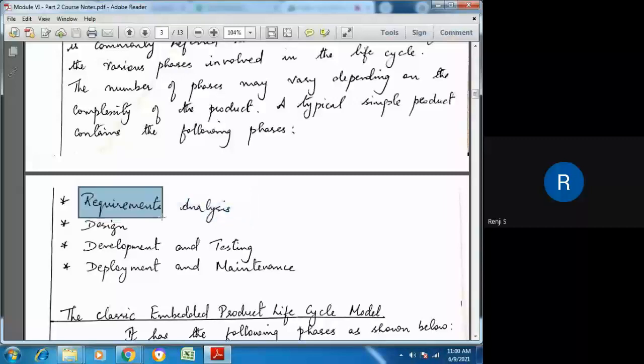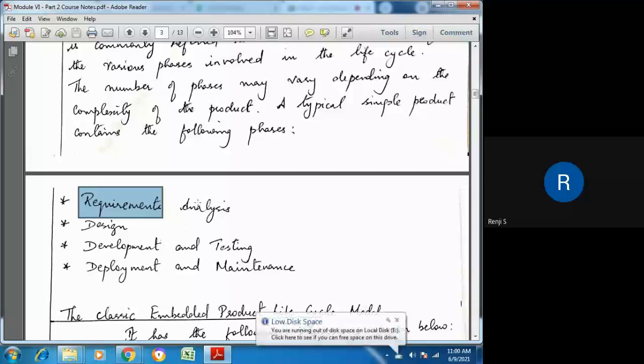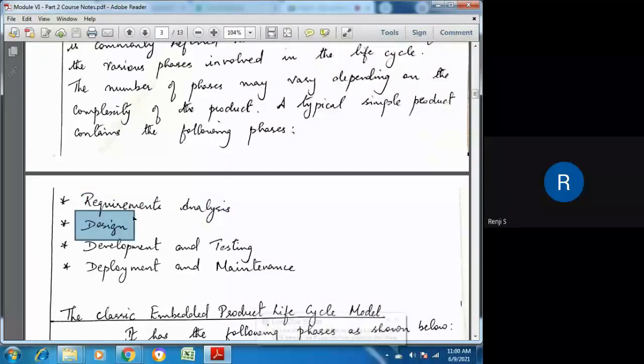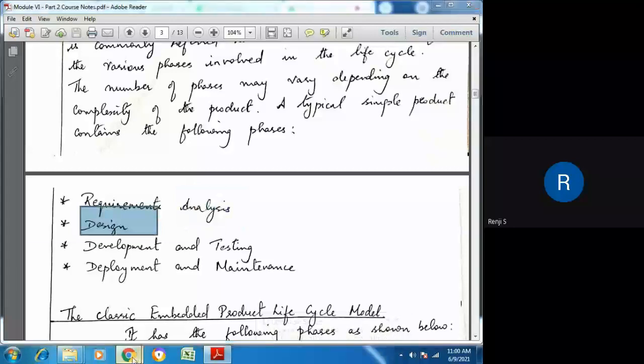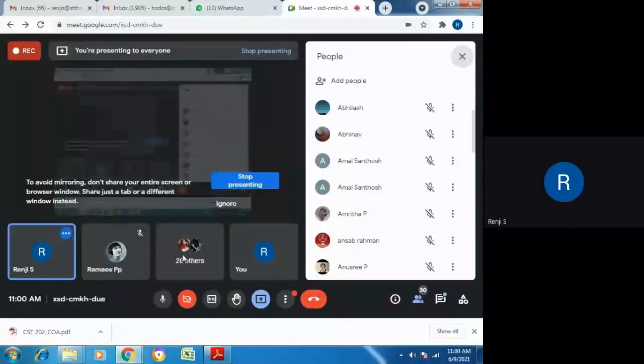You should write it as system analysis. And the system there is your system, the system that you are going to develop. Without analysis, you cannot design. So in analysis, we decide what to do, and in design, we decide how to do it. That is the difference between analysis and design. Without deciding what to do, we cannot decide how to do it. Isn't it? Do you agree with me?